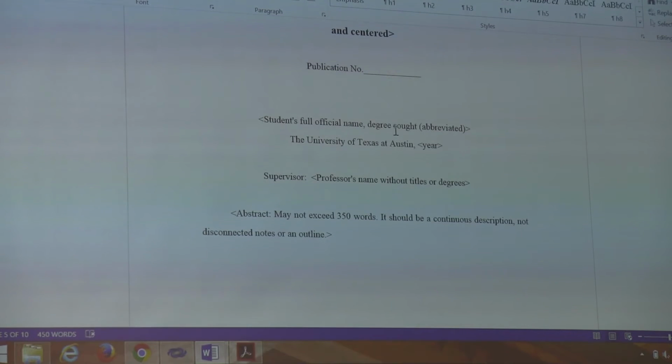And so back on the title page, we had your name and then any previous degrees that you have. On this one, it's your name and the degree that you're seeking. So if you're trying to get a PhD, you'd be your name, comma, PhD, or MA or MSc or whatever it is, the abbreviation of the degree you're getting.